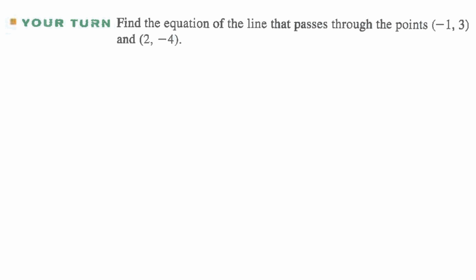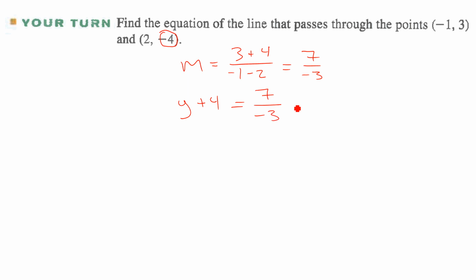Okay, your turn. So our slope would be 3 plus 4 over negative 1 minus 2. So we would have 7 over negative 3. And so we can write y plus 4, just using this one, y minus negative 4, equals 7 over negative 3, x minus 2. All right, so we would have y plus 4 equals negative 7 over 3 x